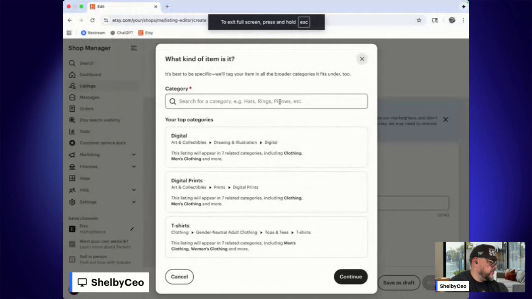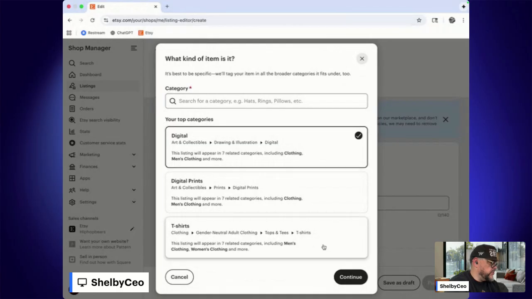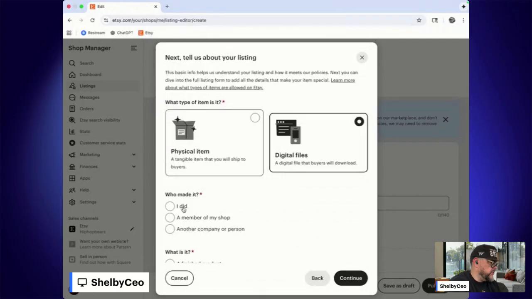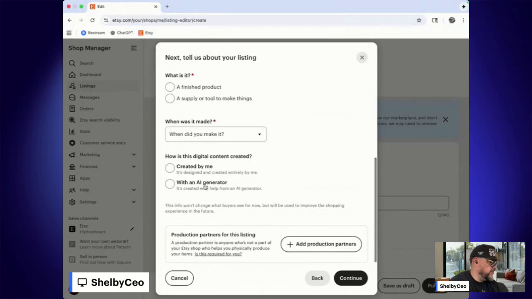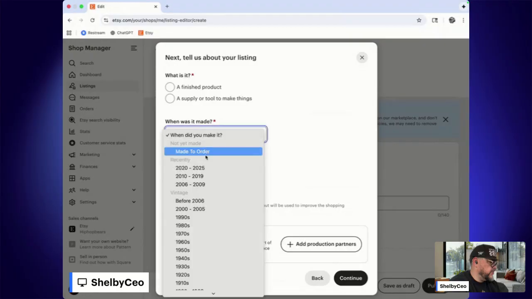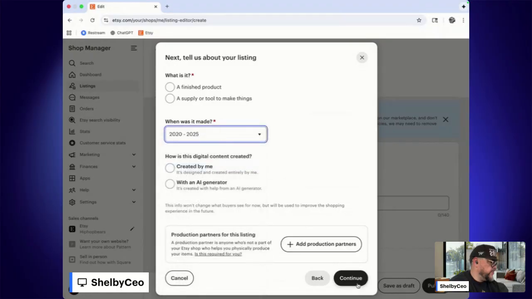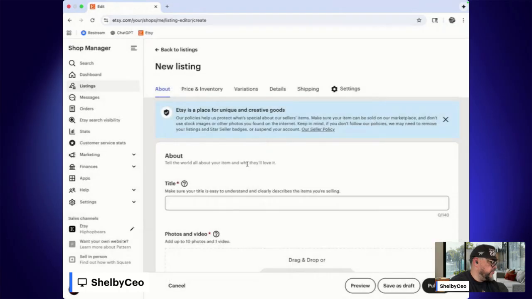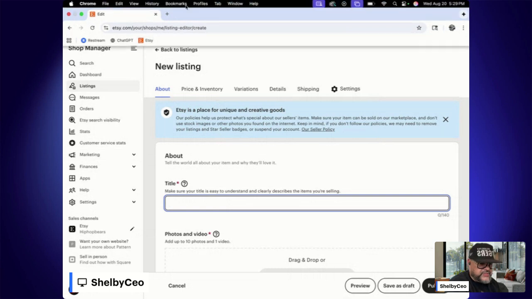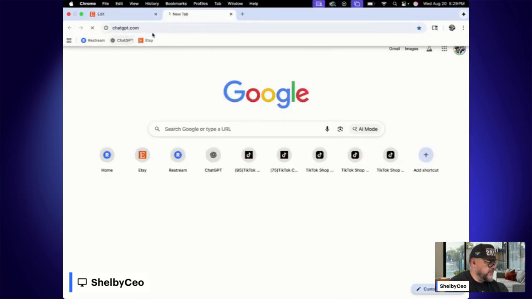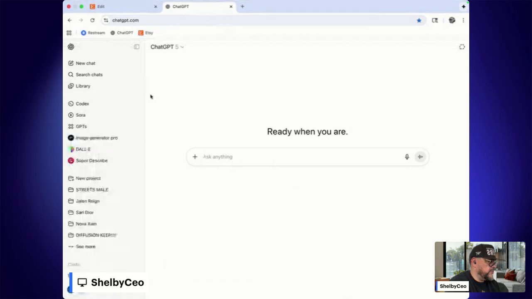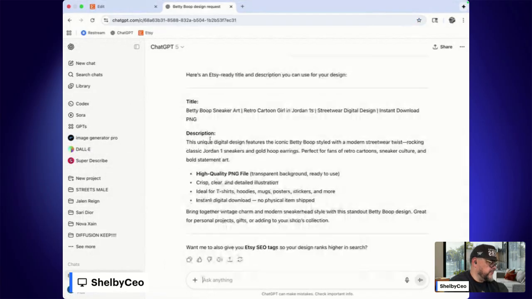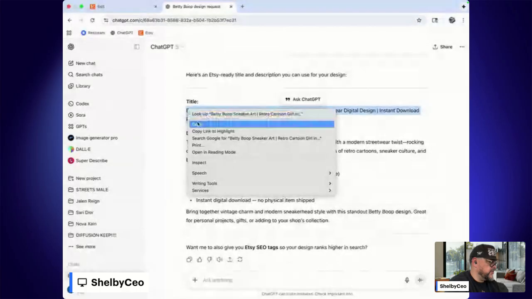And listing. I'm going to shoot through this, and I went through this before. Put the title and stuff back in there. You know, the Chat GPT. Remember, Chat GPT saves all your stuff. So go back to the design. All right, now that's it. We're going to copy that,